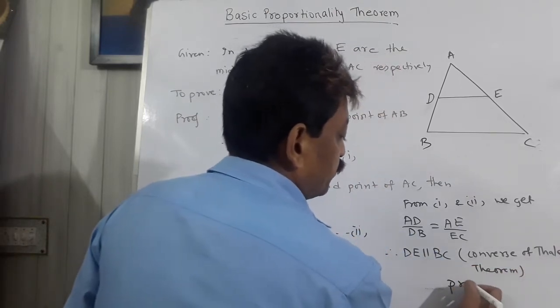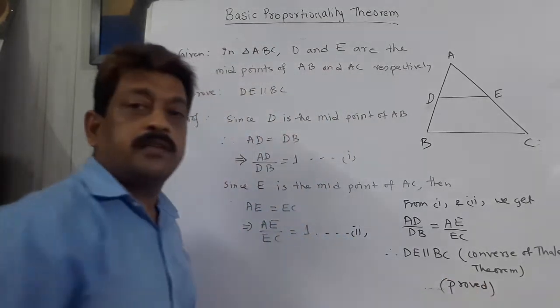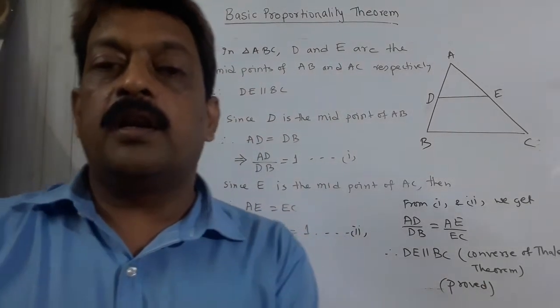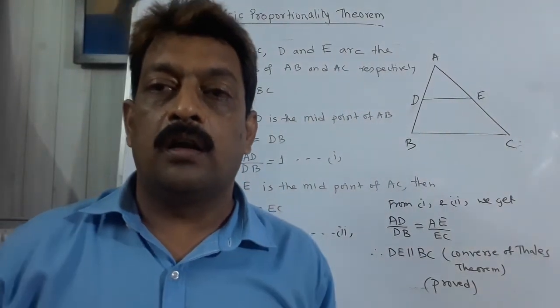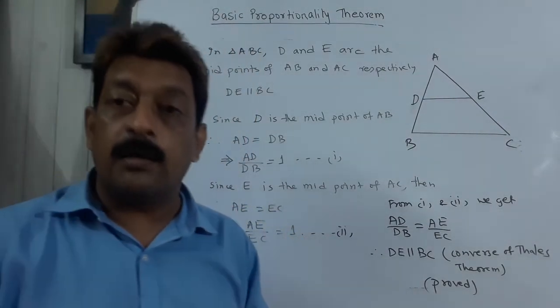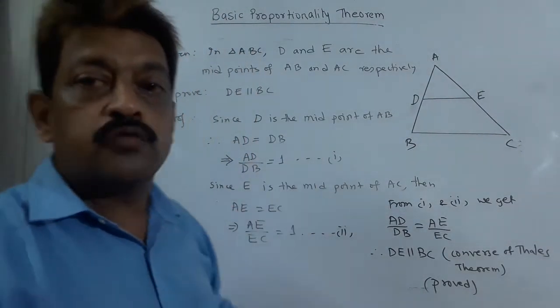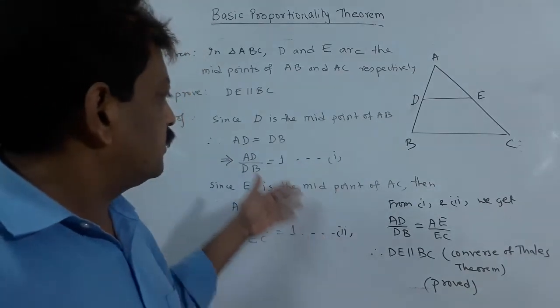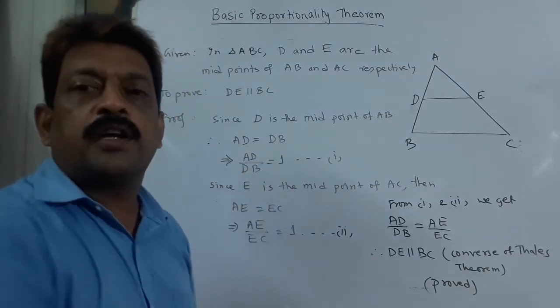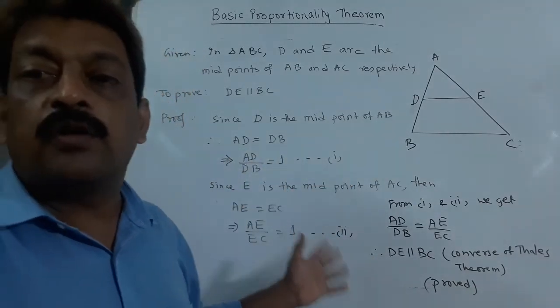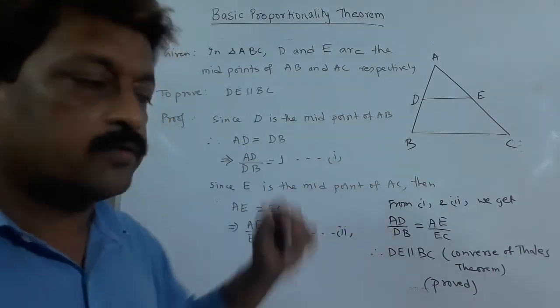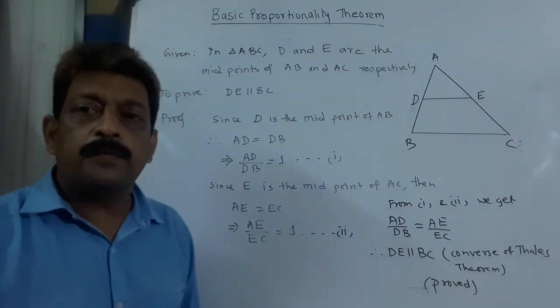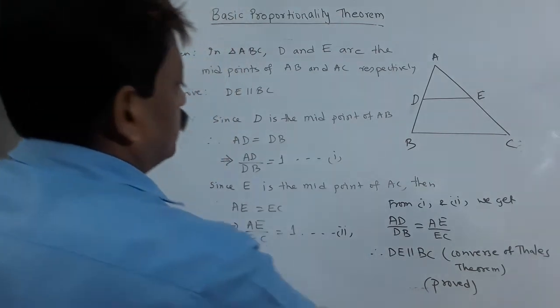So this is proved. Okay, isn't it? The sum was very easy. In class 9 we have done it a little bit in elaborate method. So many things were there in class 9, but in class 10 using Thales theorem this can be done in very short and simple method and easy also. Okay, understood? Very good. Just go through it.